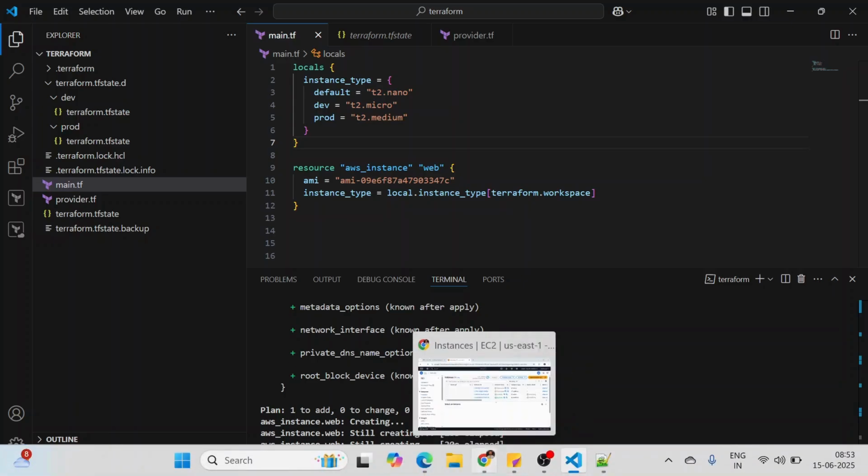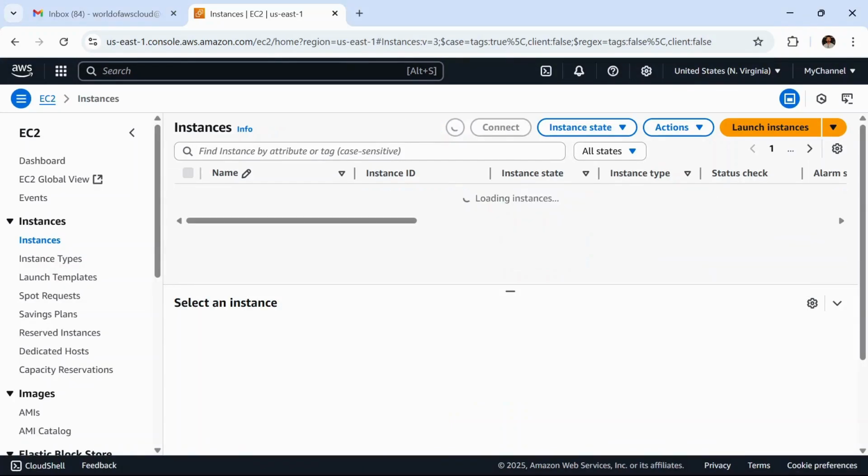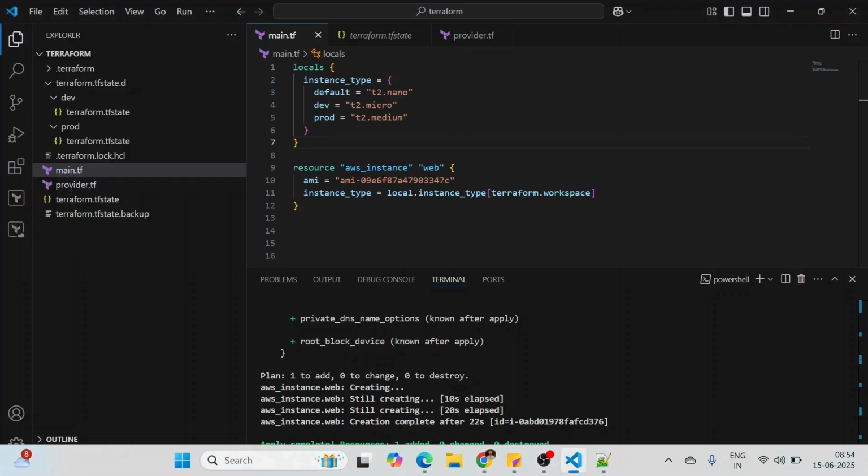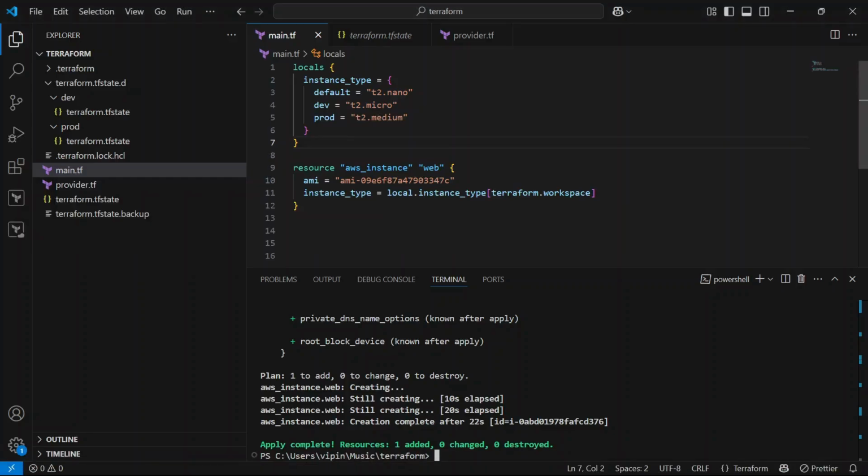So let's go to the AWS and explore it. If you see T2.nano, we have created this instance using the default workspace. So this is what we have defined here. Whenever our workspace is default, we want to provision T2.nano, and whenever our workspace is dev, T2.micro.